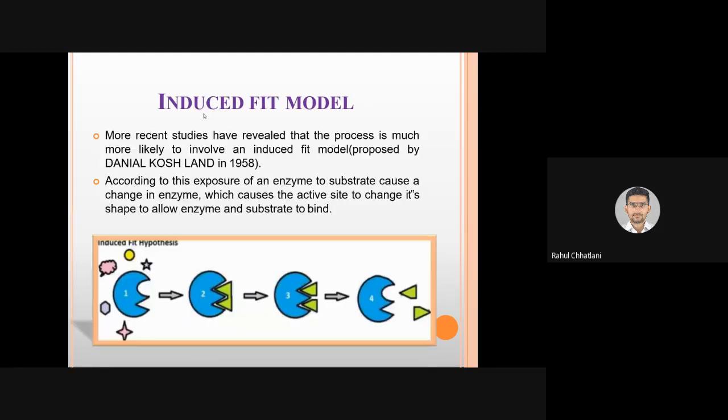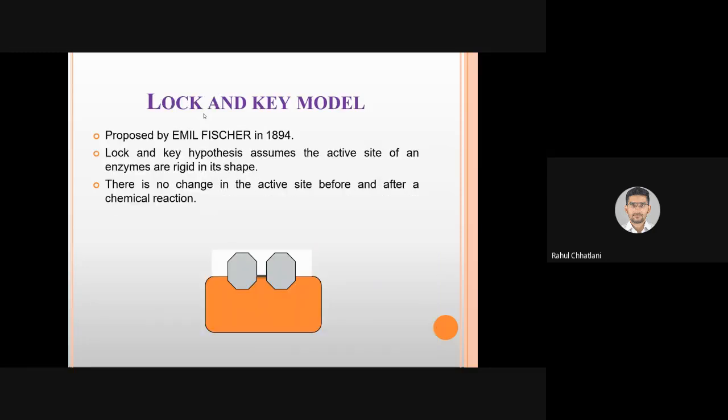That was the lock and key model. Then came the induced fit model, according to which the enzyme adapts depending on the substrate that arrives. That is the induced fit model. This is now proved; most recent studies have revealed that the process is much more likely to involve an induced fit model. What is the induced fit model? According to this, exposure of an enzyme to a substrate causes a change in the enzyme, which causes the active site to change its shape to allow enzyme and substrate to bind. In the lock and key mechanism it was fixed, so only one substrate would come and join here and stay the same. Agree? But when this substrate is converted into product